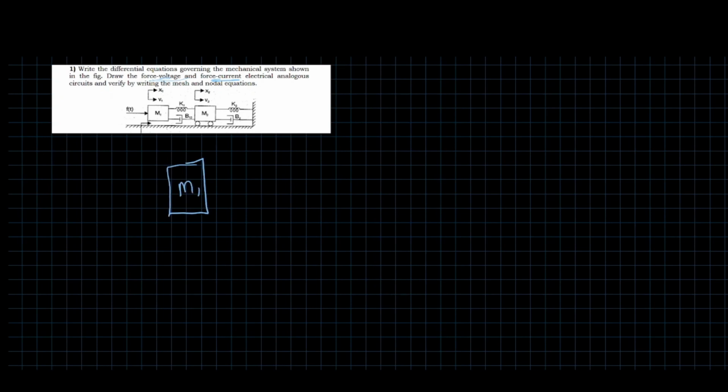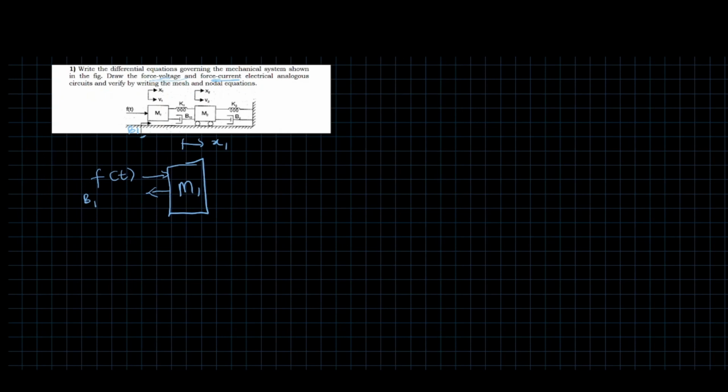For mass M1, acting on it, first of all, is F of t. Next force acting on it is, oh, I cut it off, the damper here. Sorry, it was cut off. B1. This damper opposes the motion. The motion is going in this direction, so the damper is going to oppose the motion in this direction. So it's going to be B1